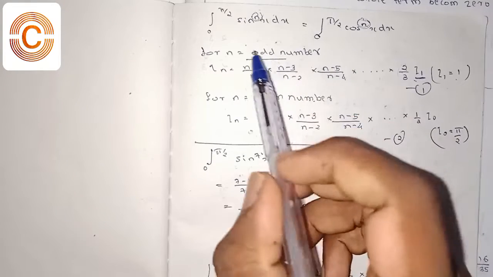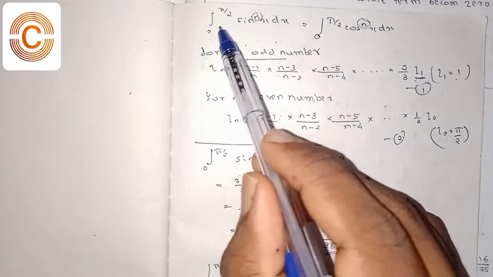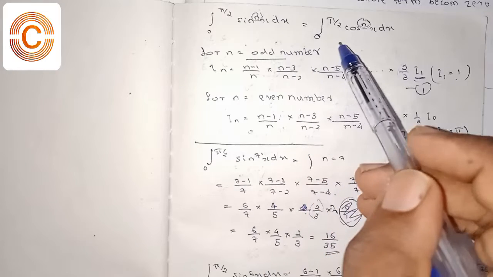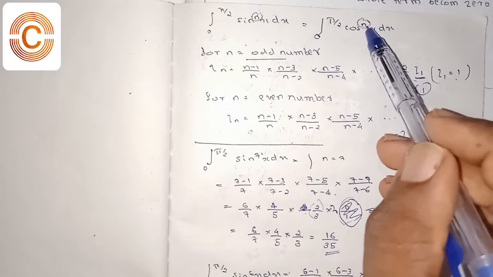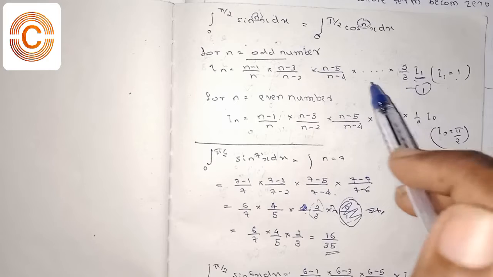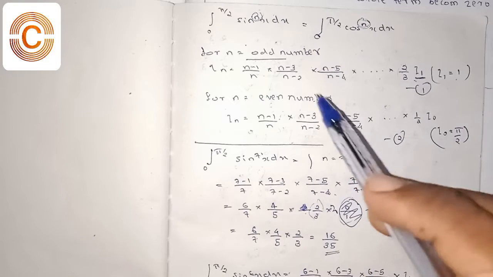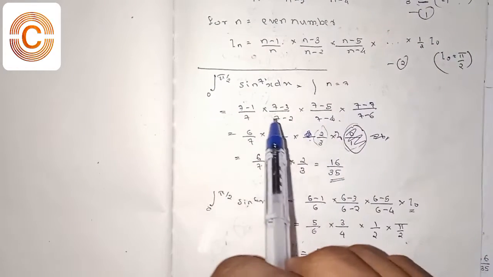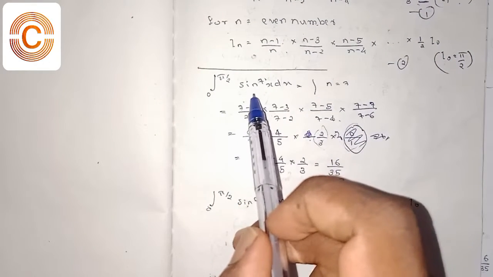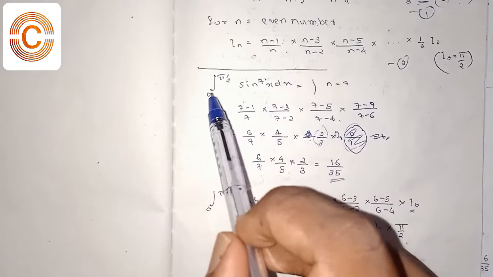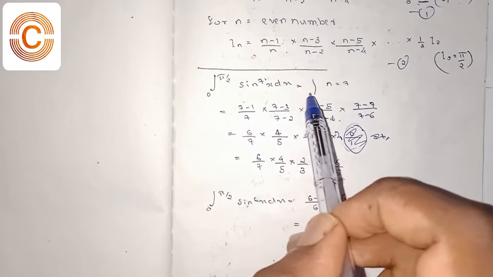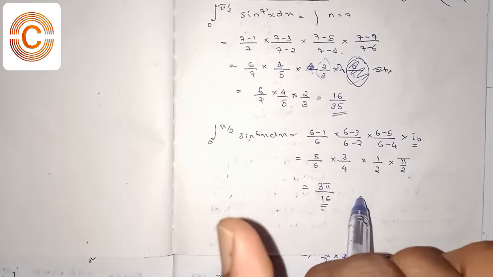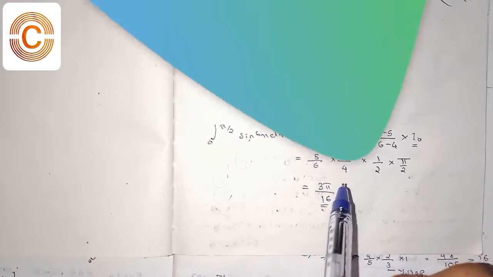In this video we discussed how to find the solution for the integral from 0 to pi by 2 of sin raised to n x dx. Similarly, when the cos function is existing with the power n, we can use the same equations, that is equation number 1 and equation number 2, when n is an odd number and when n is an even number. So you can also check this: when sin raised to 7 x dx is existing, for the integral from 0 to pi by 2 of cos raised to 7 x dx, you can also use this equation. Likewise for the other question, similar to that one.